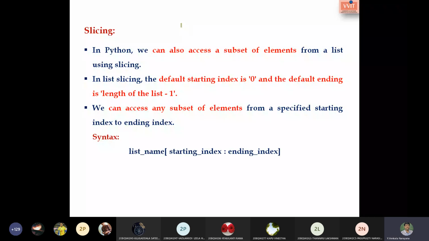Here we are specifying square braces and colon. In between that we have to specify the starting index and the ending index. Is the syntax clear?